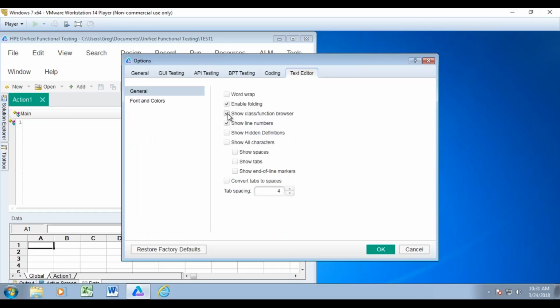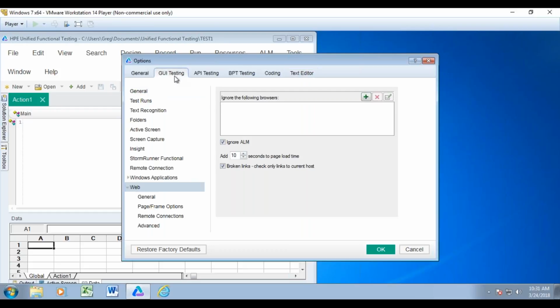Question. Sorry to interrupt again, brother. I couldn't see Web when I click on GUI testing and click automatically generated with the statement after recording. I didn't see Web on the bottom of the list. Okay, yeah, we just covered that. So in order to see Web, did you create your new test already? No. Okay, that's why. Before you get in this option here,